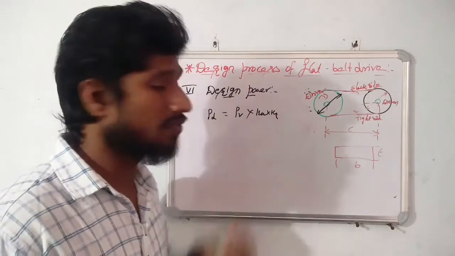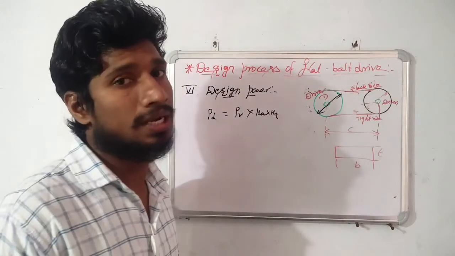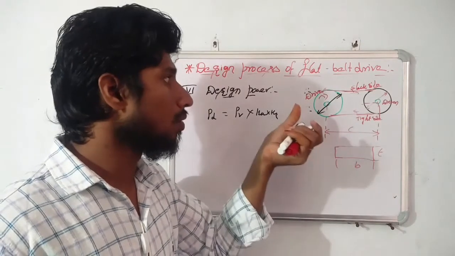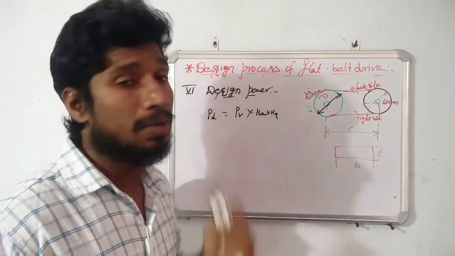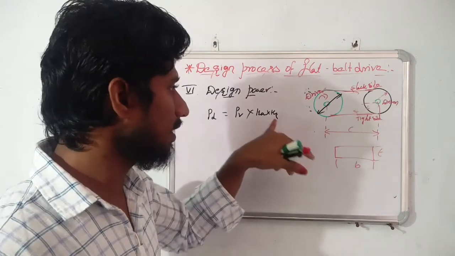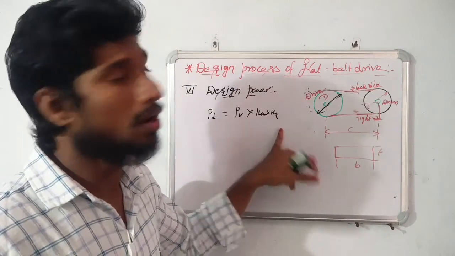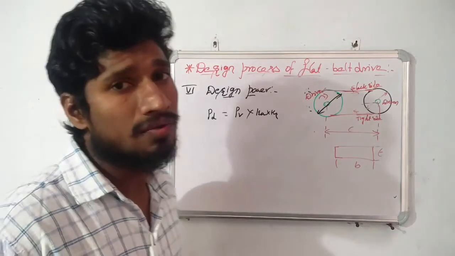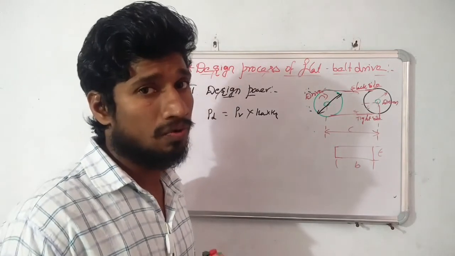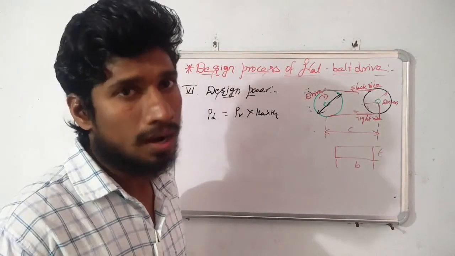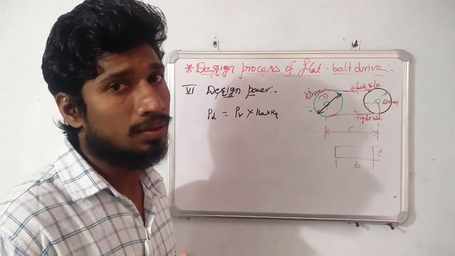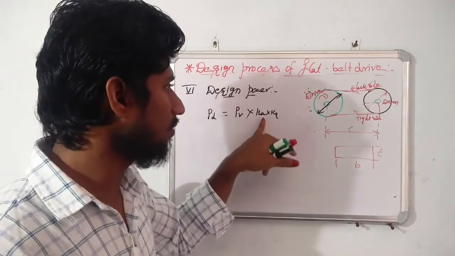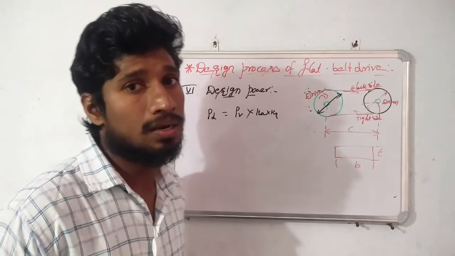And in case of surface factor, with the help of applications, that means which type of applications the belt drives are used. Based on those applications, we are considering the surface factor. When we know the surface factor, after that the arc of contact factor is considered with the help of the angle of arc of contact between the belt and pulley. So with the help of that one, we are considering the Ka value here.